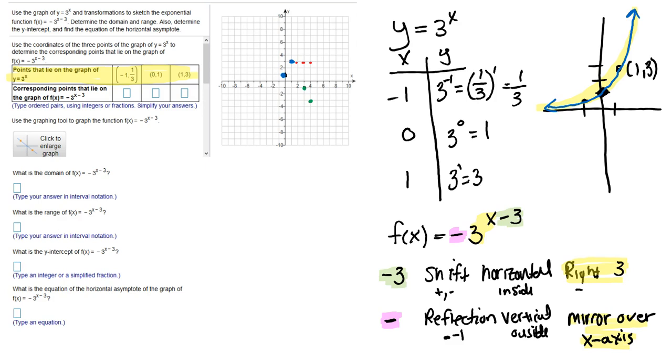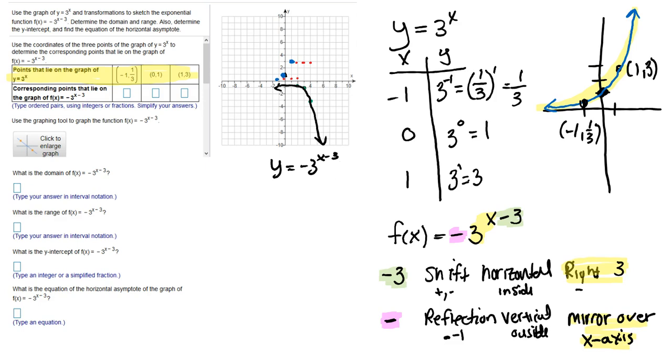And then we're going to take this point right here, which is -1 and 1/3. -1 and 1/3 would be about right here. We want to move it to the right 3. 1, 2, 3. We're 1/3 above the axis. We're going to reflect, become 1/3 below. So that gives us this picture here. And that is what the graph of y equals -3 to the x minus 3